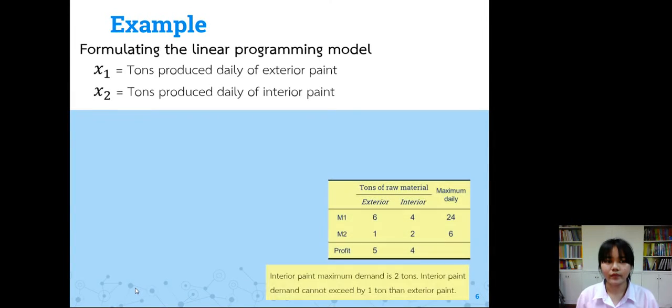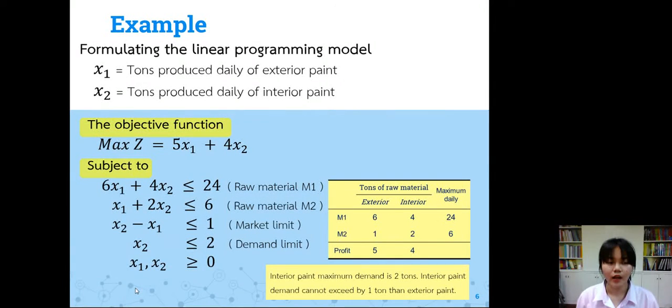From the problem, first we formulate the linear programming model. We let x1 equal tons produced daily of exterior paint, x2 equal tons produced daily of interior paint. Objective function, see the profit line. We get max equal 5x1 plus 4x2. Raw material M1, we get